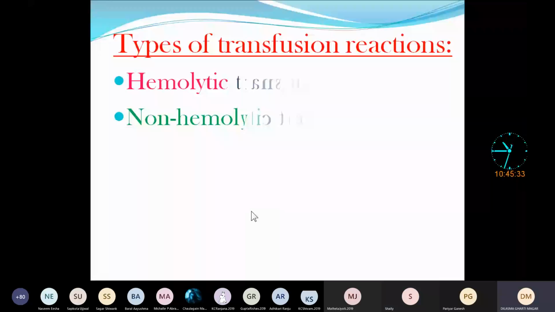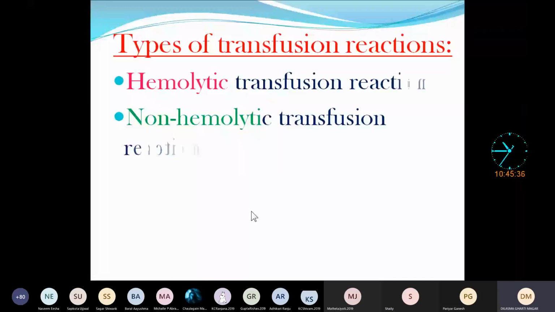So here, the types of blood transfusion reactions come under 2 types. One is the hemolytic transfusion reaction, and another one is the non-hemolytic transfusion reaction. Hemolytic transfusion reaction means whenever the RBCs are lysed, that time,